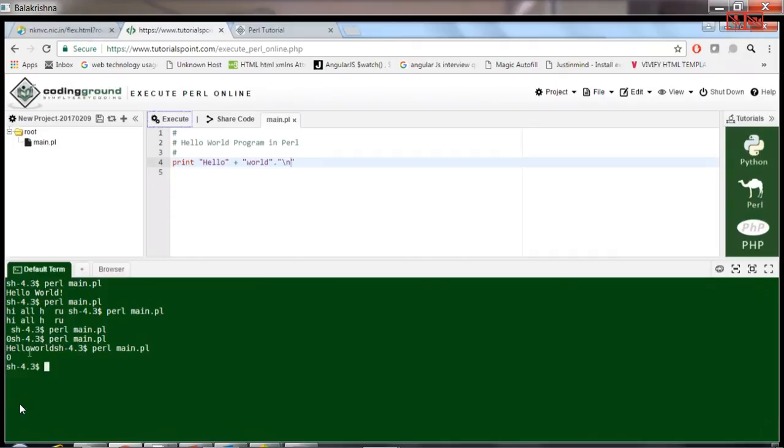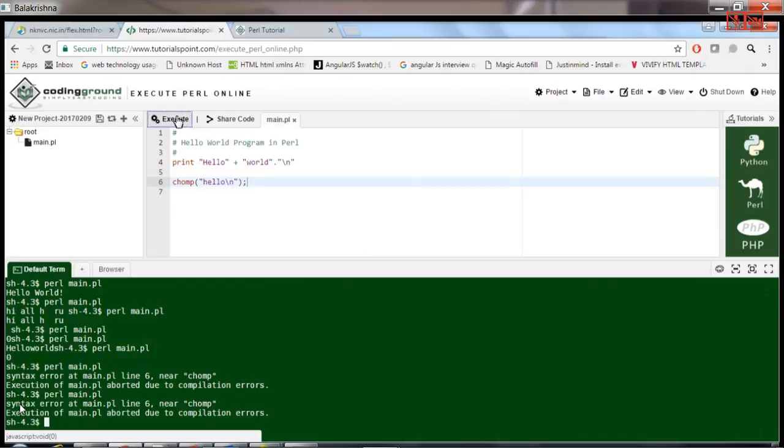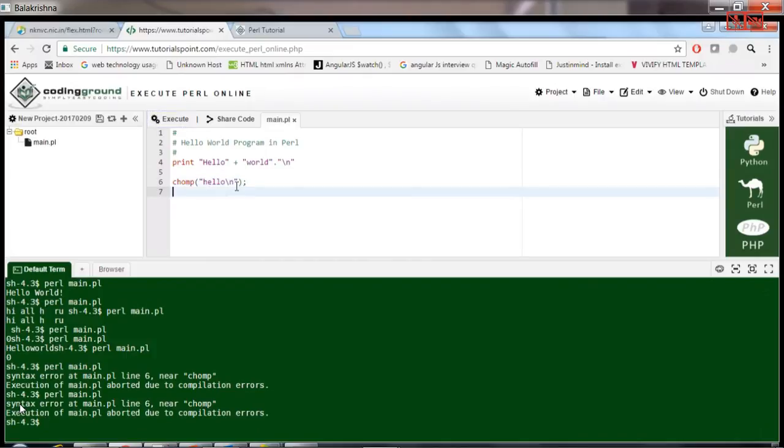So here, see, now I can also use the chomp function. What is the issue with this?